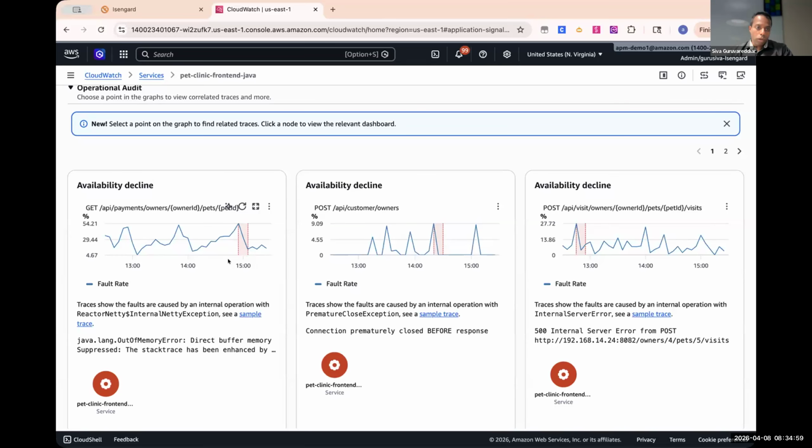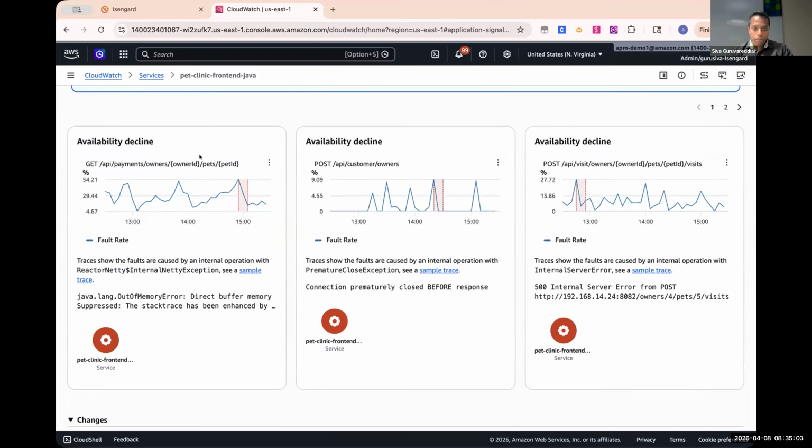So better you can take a look into it. For example, the first tile says there is an availability decline that is happening around 3 o'clock today, and then that has failed with an out of memory error. So if I am a service operator, I might want to go ahead and see, because a sample trace is also available. So I just click on it and then it will take me to the exact line why it is failing,